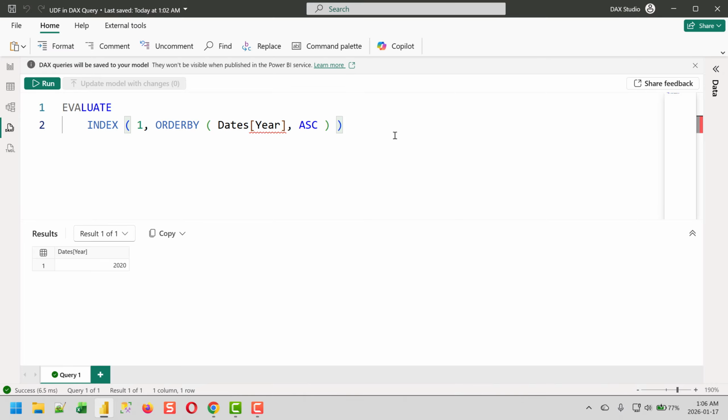So as you can see on the screen, I have some code. If I write a 1 here, we get the first year in the Dates Year column. In case I sort that in descending order, I will get the last value in the particular column. So what we want to do is wrap that inside a function, and then we are going to see how we can mix and match a user-defined function in a DAX query